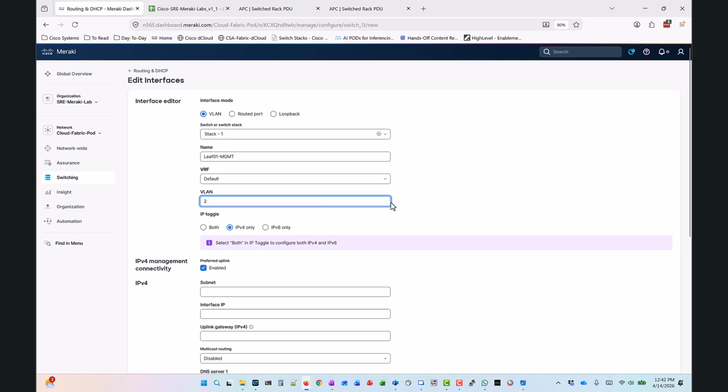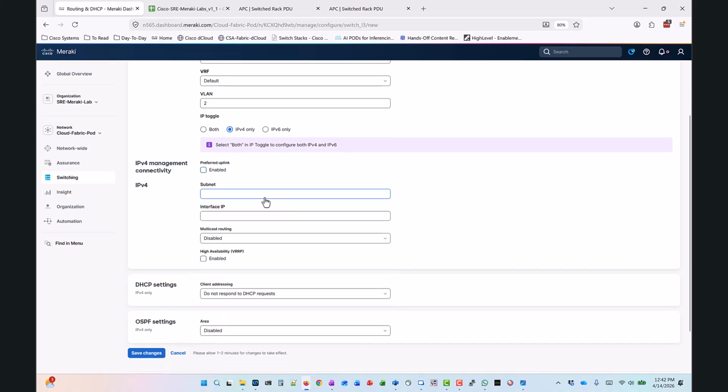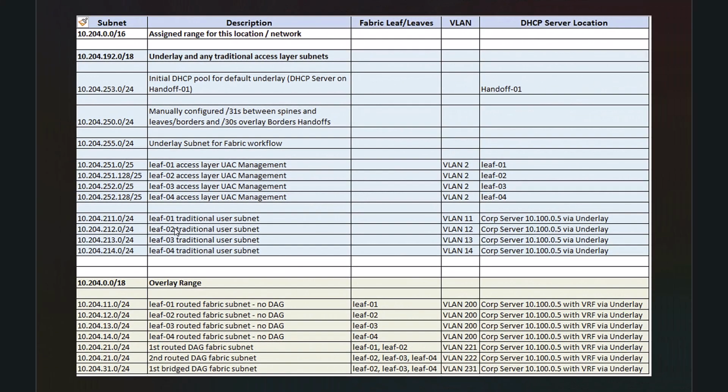I will scroll down and deselect the preferred link because we don't want this on this one, and then I'll fill in these addresses. But I'm going to show you something I haven't showed you before. I usually create a sheet like this of all my addressing to go along with my topology. And in here we can see that these interfaces need to be